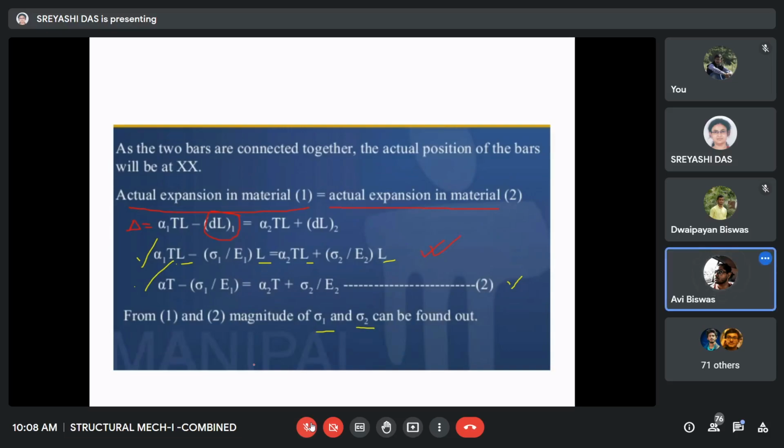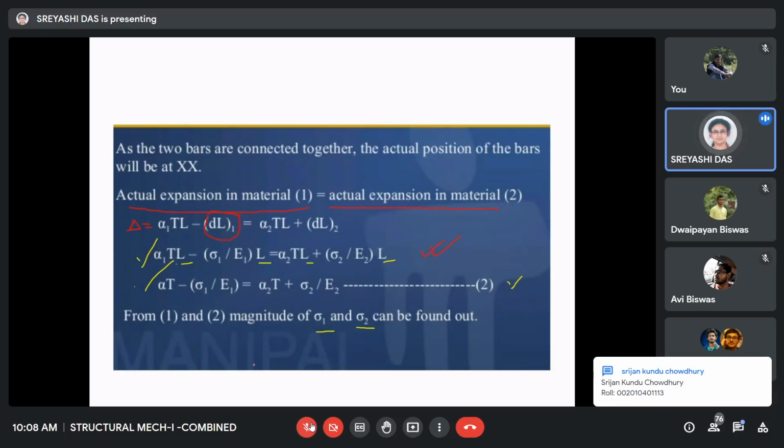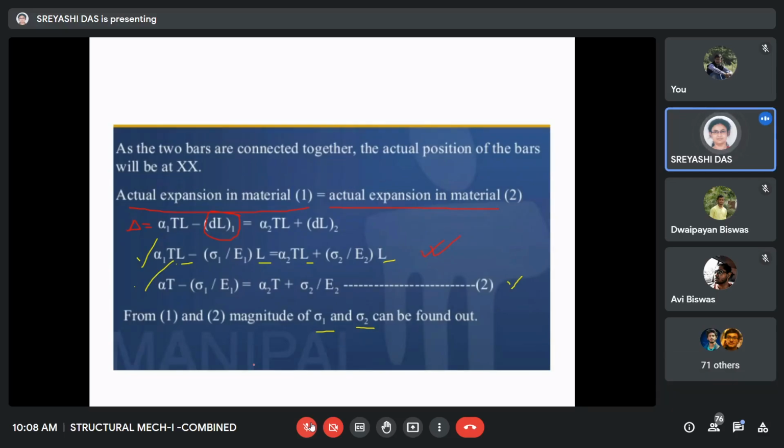থ্যাংক ইউ ম্যাম, হয়ে গেছে। ঠিক আছে, I will give you another problem sheet regarding this stress calculation for the composite bar using this principle of superposition, and also the problem sheet on this thermal stress. Okay, 4টে কি 5টা প্রবলেম আছে, তোমরা সেগুলোকে বাড়িতে প্র্যাকটিস করো এক্সামের জন্য।